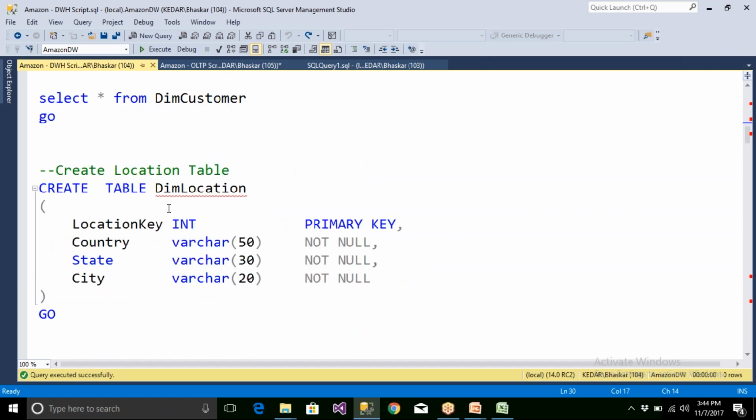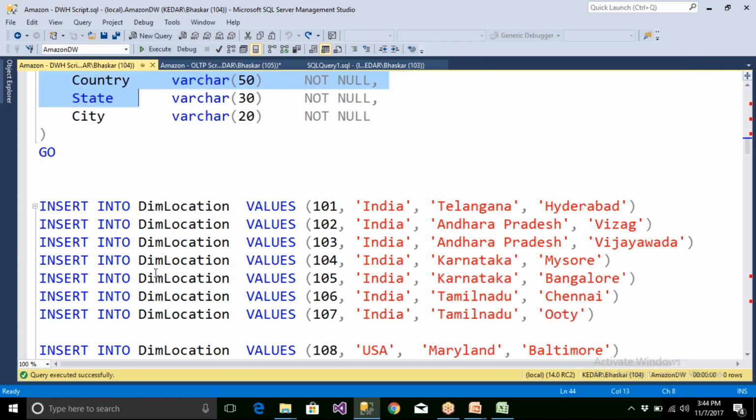And the third table would be dim location table. This is created on my own. Location key, country. So here on your own you have to insert the data. This data cannot come from the source system, because you have to find out what are the places where Amazon is doing the business. Those cities or those countries data you need to insert manually.